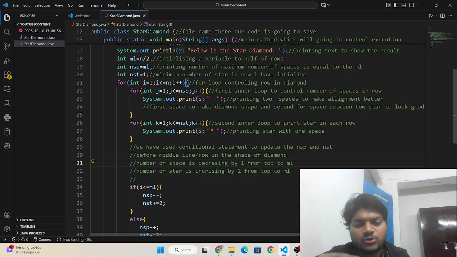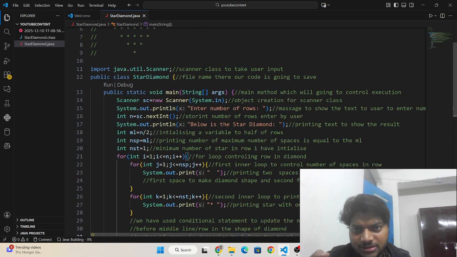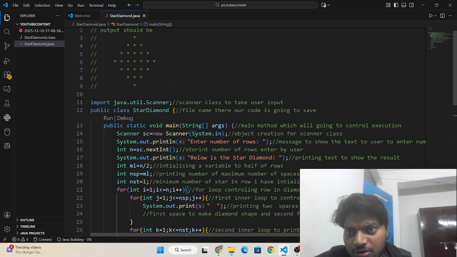Number of spaces is 1 2 3, and in the fourth column I have printed a star. Then 2 to 4 and 2 6.